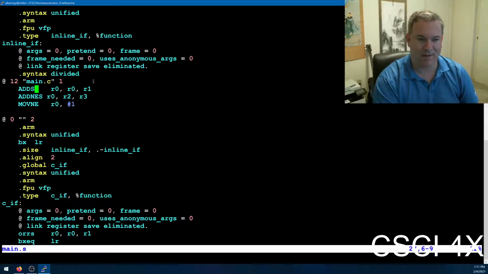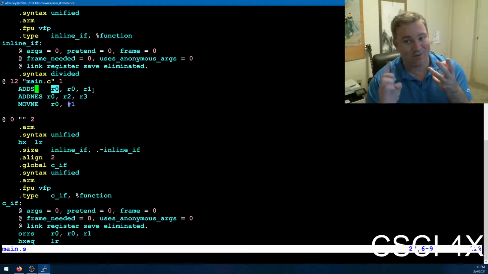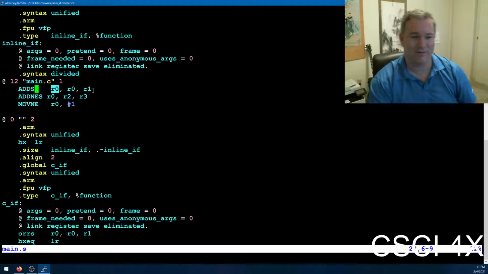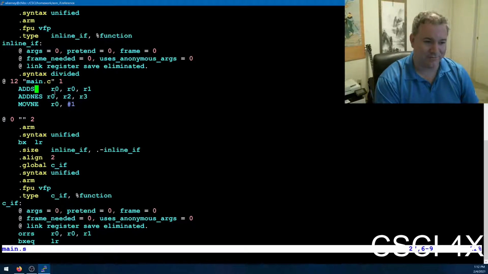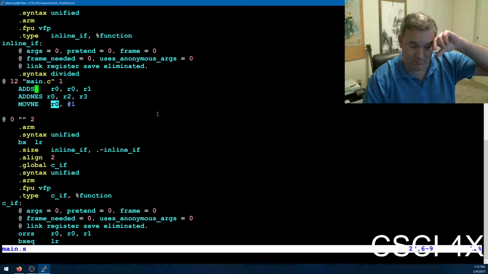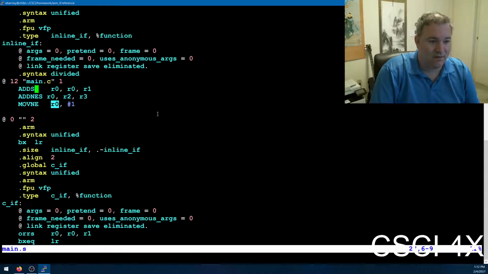The only magic that takes place is what register is who. That's A, that's B, that's C, that's D, and that's result. It's smart enough to assign both A and result to R0 because it's reading from A, not writing to it, so it knows it's not going to be read from after that point. So it reads from A and writes to result. It reads from C and D, writes to result, and then it does move NE, putting a 1 into R0 if the result's